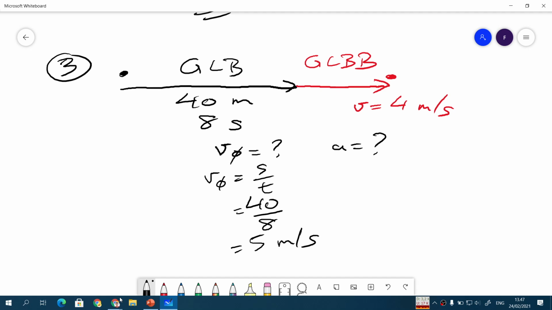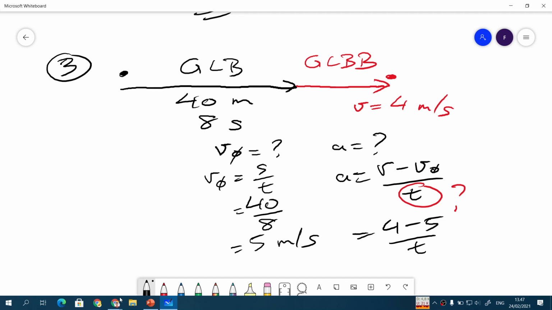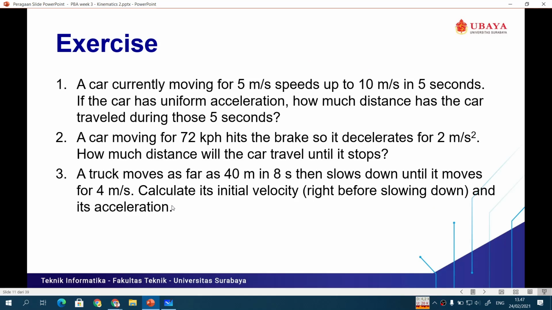For the acceleration, however, we cannot really calculate it, because if you remember, A is V minus V naught over T. Here we don't have the information about the time. If we had the information, then we could calculate it: 4 minus 5 over T. Just plug in any T when you get the information. But since in this question we don't have T,